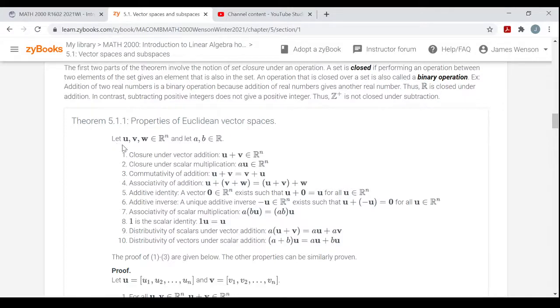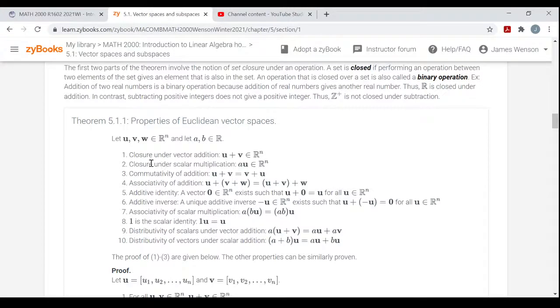All right, so suppose u, v, and w are vectors with n components and real number components, right? They're vectors from an n-dimensional Euclidean vector space. And suppose little a and little b are just scalars, right? They're real numbers here, just scalars. So again, the following 10 properties must hold if we're in a vector space, with scalar multiplication and vector